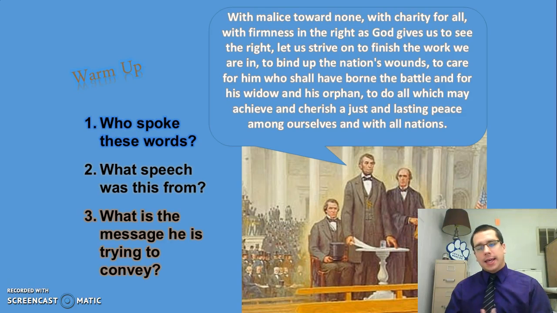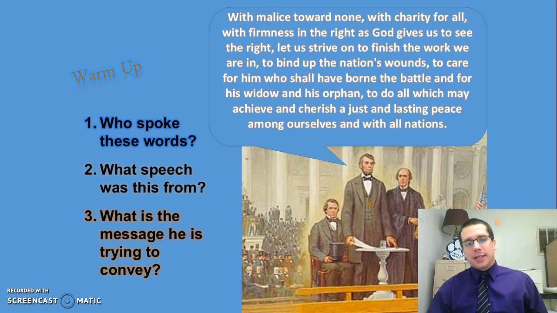What he's saying is we need to repair the relationship between the North and the South. It doesn't matter that they illegally seceded from us and we fought this war where 600,000 American lives were lost. We need to come back together, restore the Union. By the way, Lincoln wanted to restore the Union. That was his main goal. And he wants to use his leadership for good here. So he wants to bring the South back in. He wants to get that relationship back together so that we can get past this and move forward to try